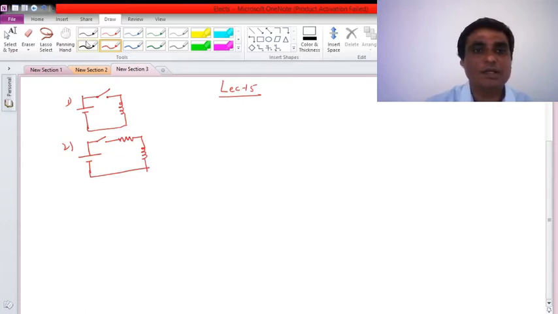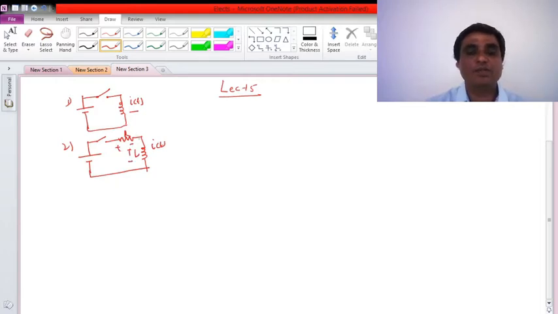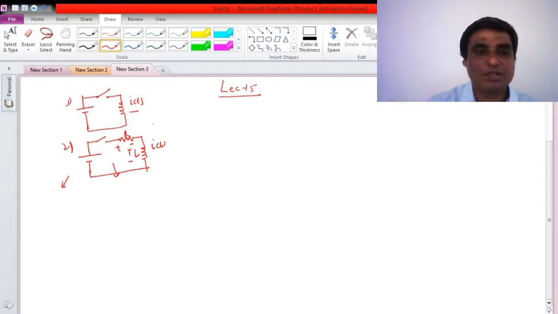Fine. And we have seen the current behavior of this circuit as well as of this network. What we concluded is that the current through the inductor will not jump suddenly. But we have also seen the behavior of the voltage across the inductor using circuit number 2, and we came to the conclusion that the voltage across the inductor will have a jump at the switching instant. Okay, this is what I wanted to say.